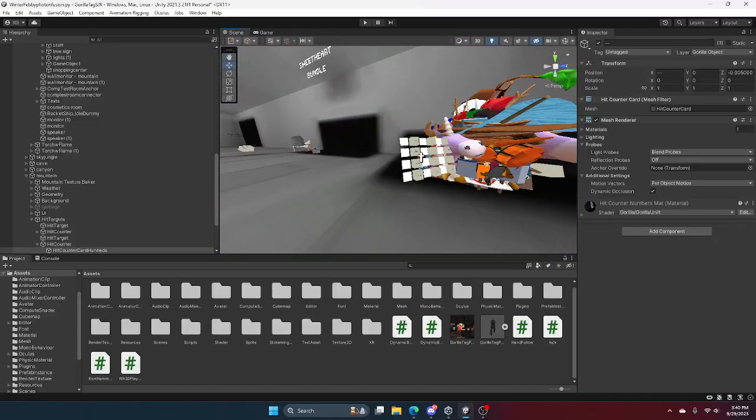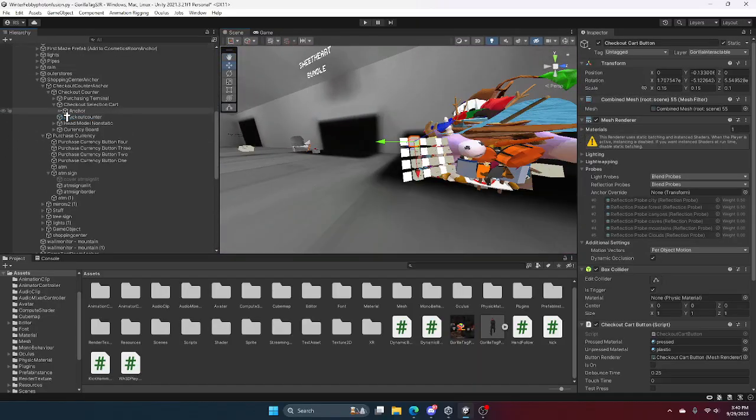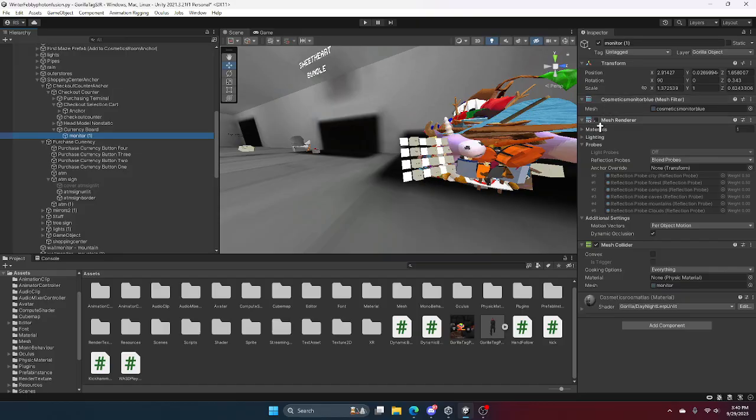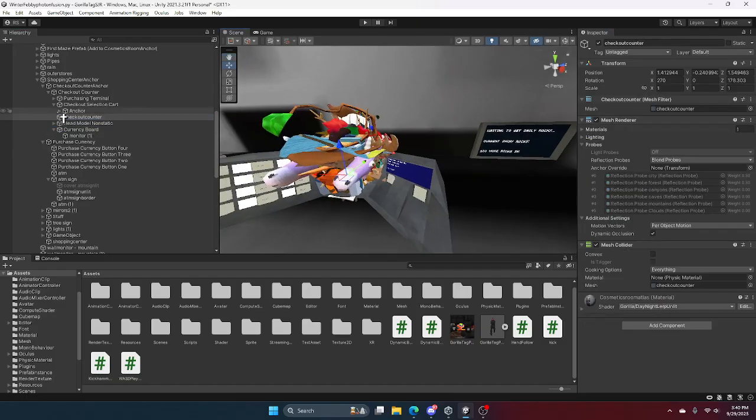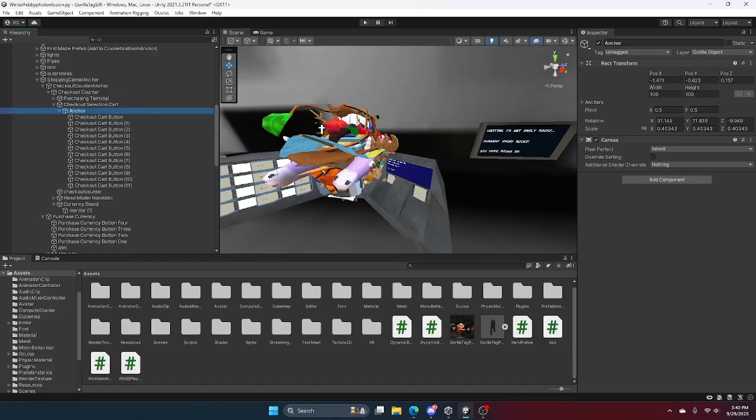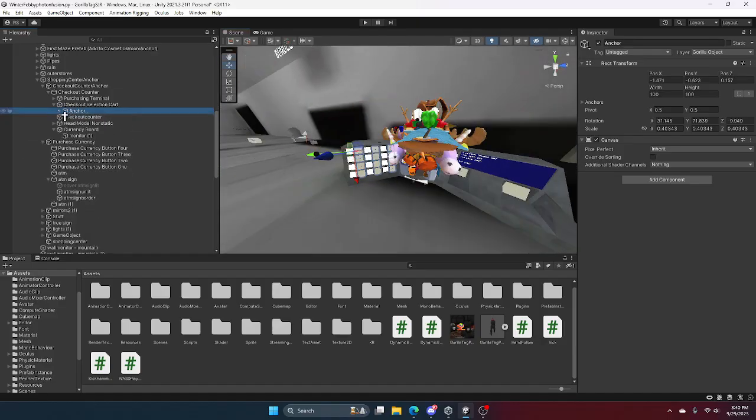And you want to go over to the checkout, so click on the buttons, and then currency board, and then drop down monitor, make sure that's on, and then checkout counter. Make sure this has a mesh on it, and then make sure the anchor is all there. And yeah, it should be all there. Personal. Okay, and then